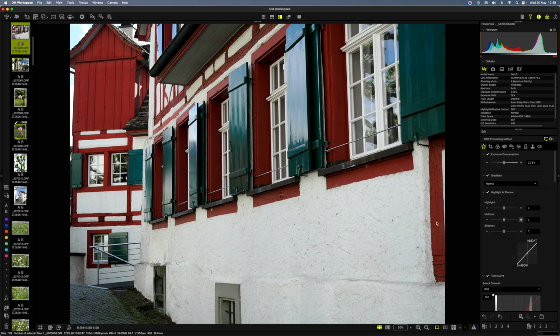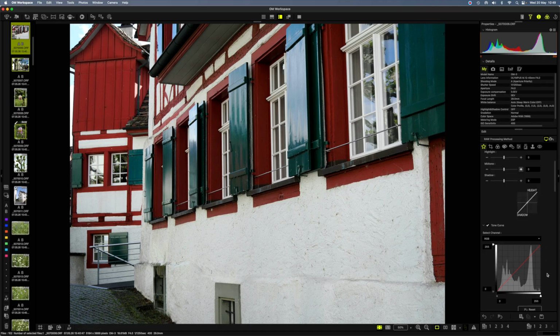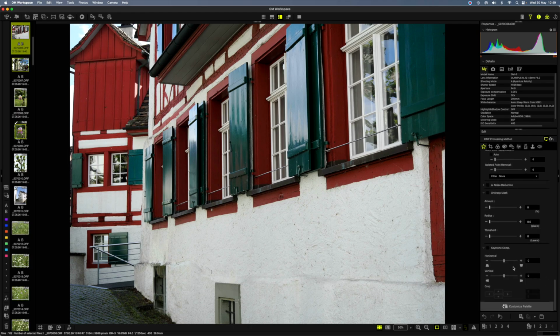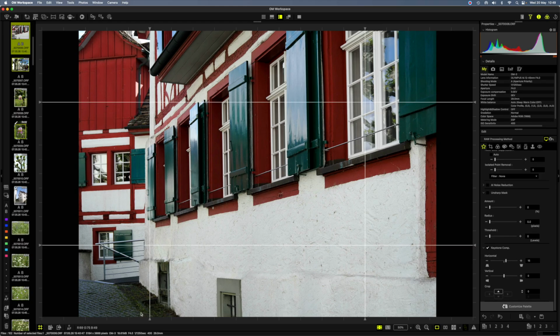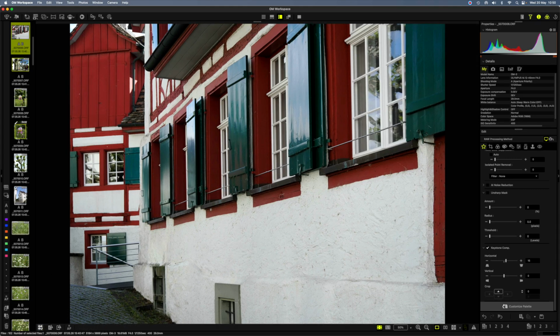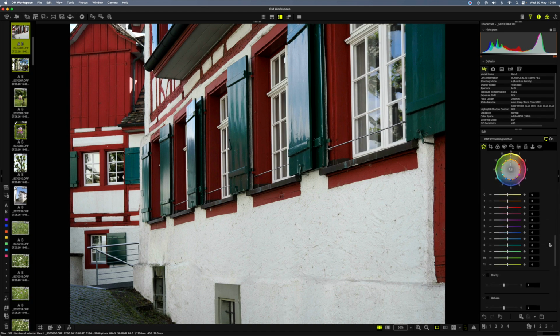For example, you can see I lifted the lens, so it's a little skewed here. I can go down to the keystone here, and then you can see it jumps back. It is immediately perfectly aligned. A nice function with Workspace is this here, and I can move this line here to see if I'm parallel. I can check my image. I can move any one of these lines. And then I want to show you one more thing which I think is important.